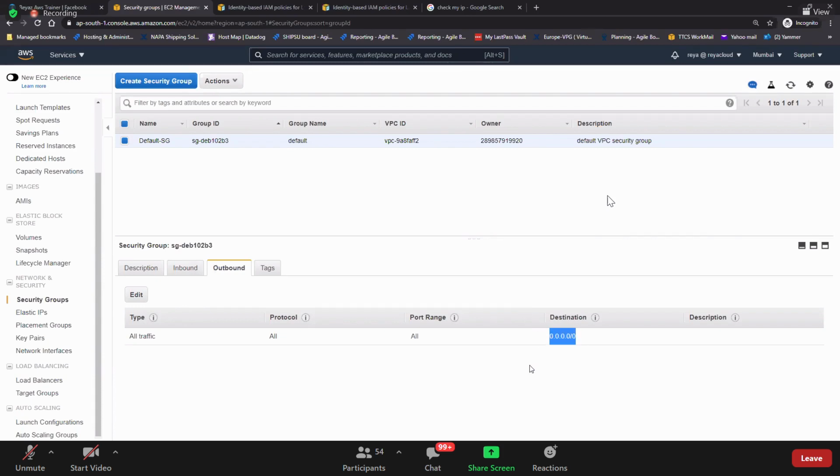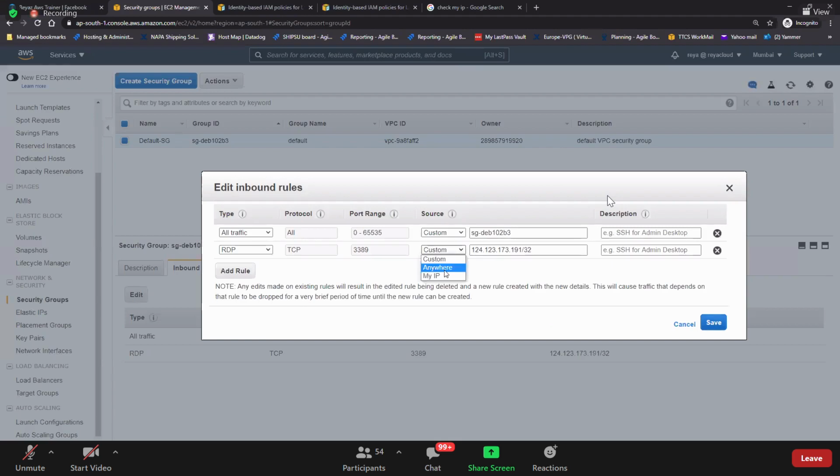When we do RDP traffic, is it enabled for a single user from outside or what? For every user, it is not user specific. It is traffic port specific. So if you allow this RDP from this specific IP, then only one user. If you want to do it for everyone, then in this case, select anywhere. If you take anywhere, 0.0.0.0/0 is everyone.